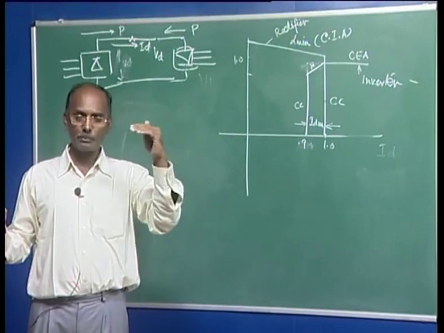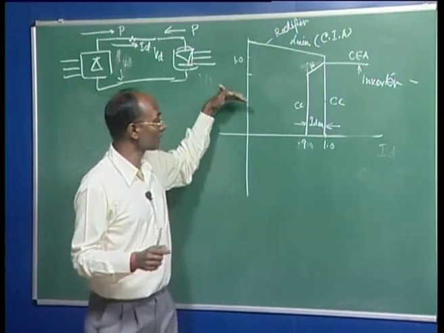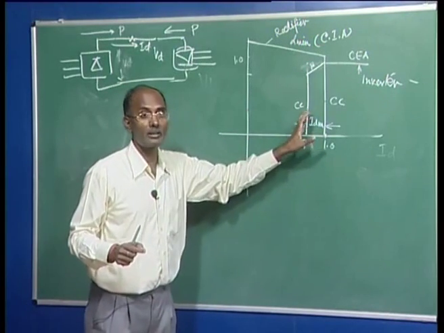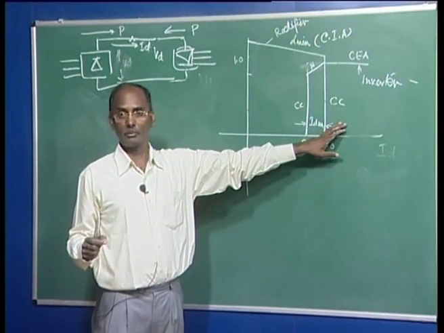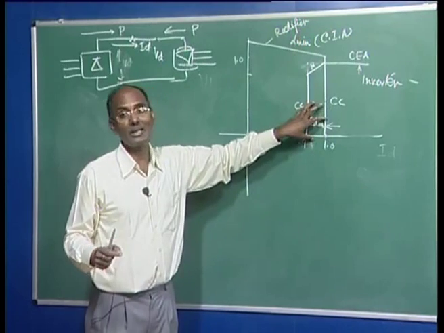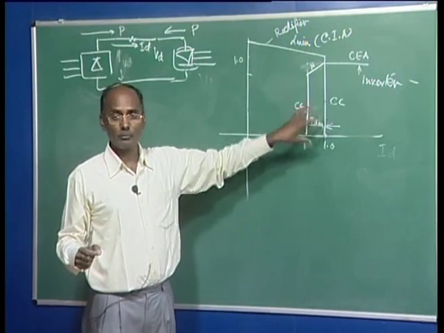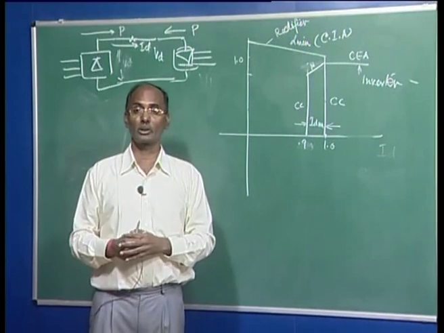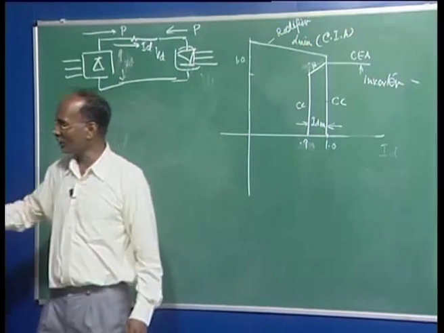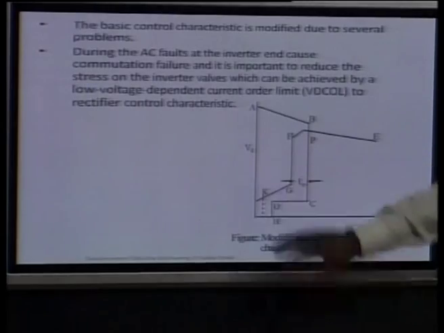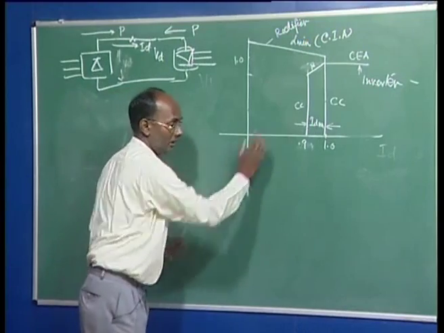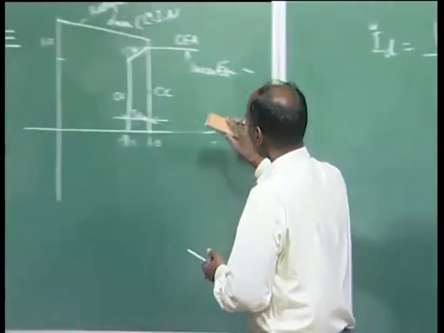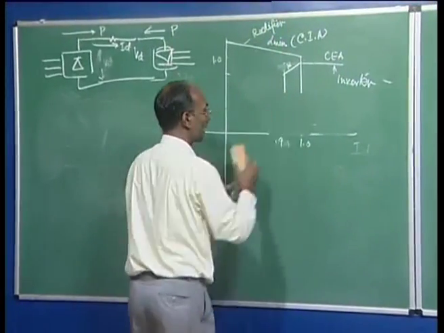If you are maintaining that power, what will happen if the voltage has gone down? It is very difficult to maintain the current in the link. You are maintaining it, but the valves are highly stressed. It was found that there is a possibility that the thyristor valves may be punctured here and there. So we try to reduce the limits on this side, and finally the characteristic can be shifted completely.